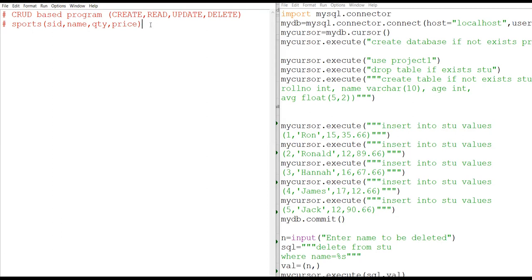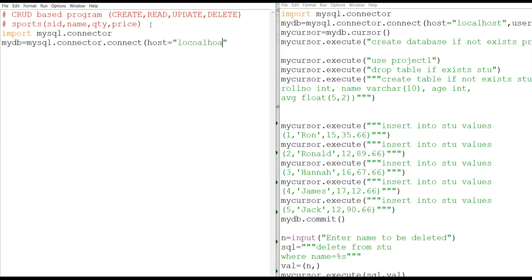The very first thing is our import statement. As you can see parallelly, it will be import mysql.connector. This is the first statement. Then we need to create the connection. For that, mydb is equal to mysql.connector.connect, then host is equal to localhost, as it is in the same computer.